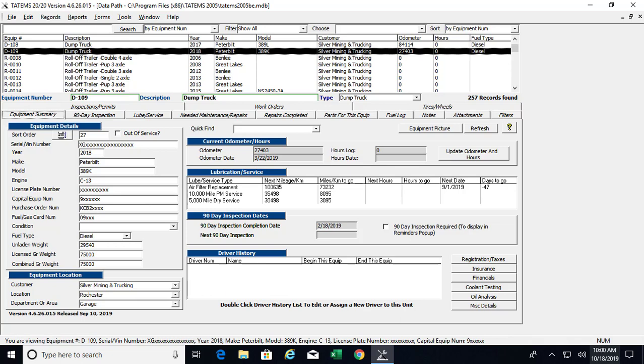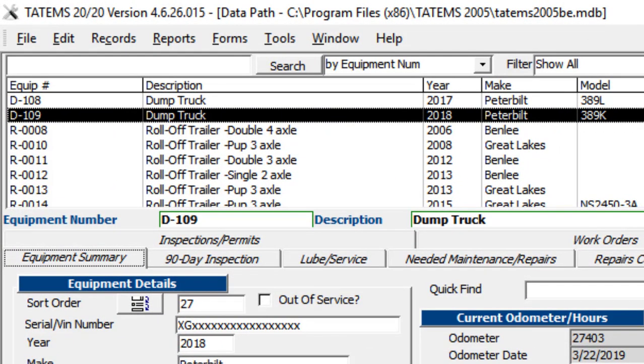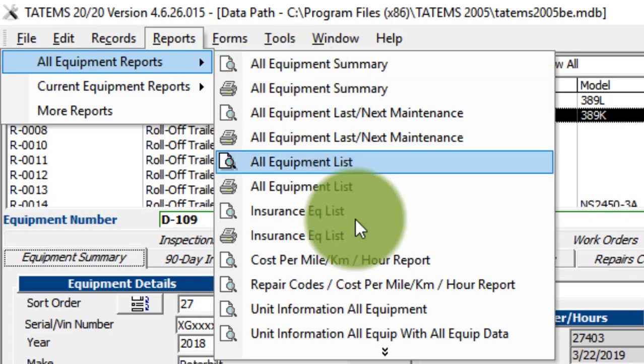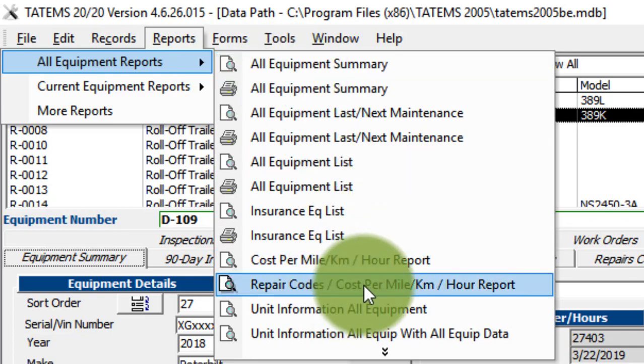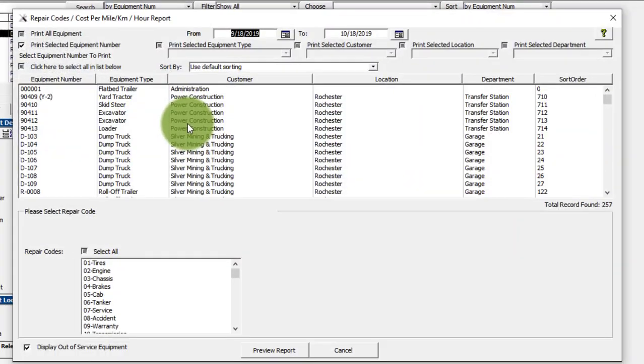Now, this report is not just for seeing how much you're spending per mile per hour by repair code, but also see the total cost by repair code in a summary type fashion. So we go to reports, all equipment reports, choose repair codes, cost per mile, kilometer, hour report. Choose that. Now up at the top here we have an ability to choose a date range,